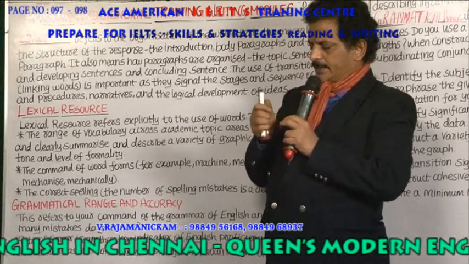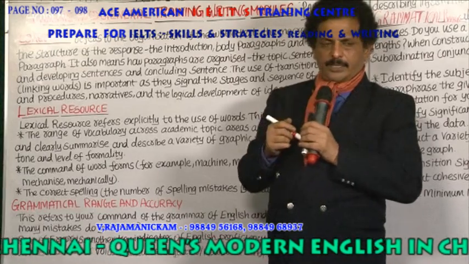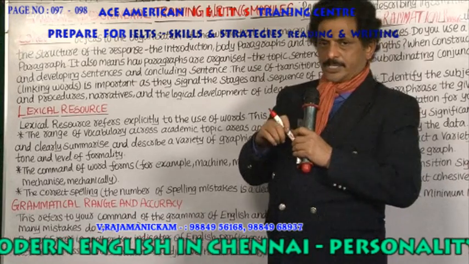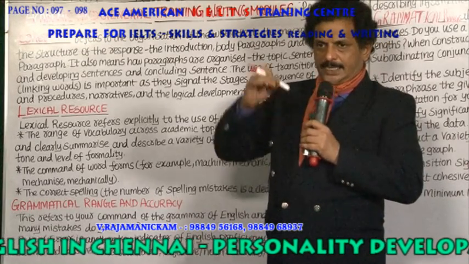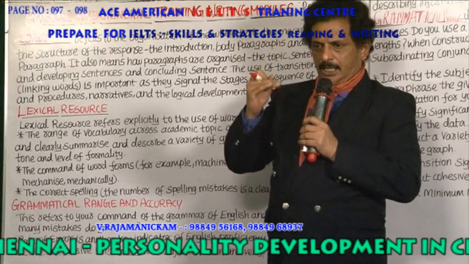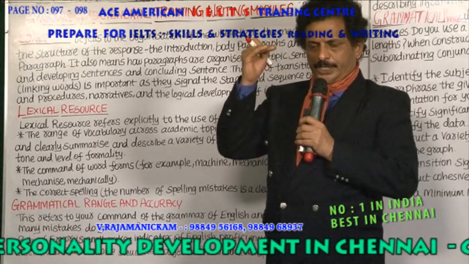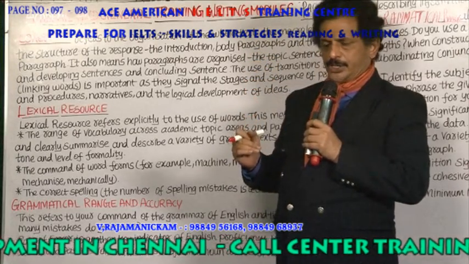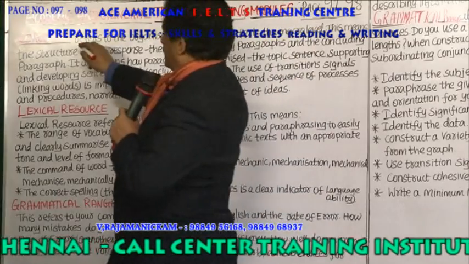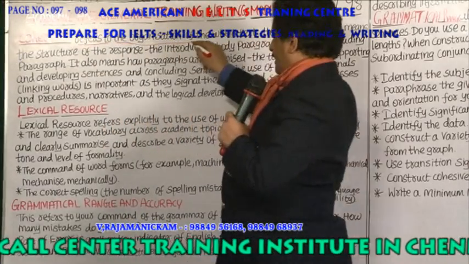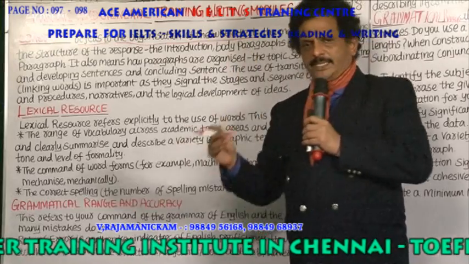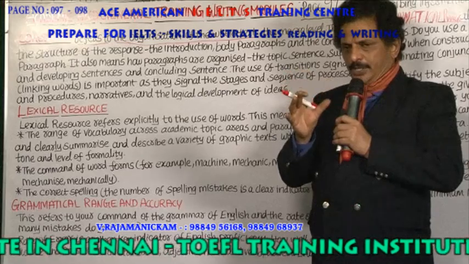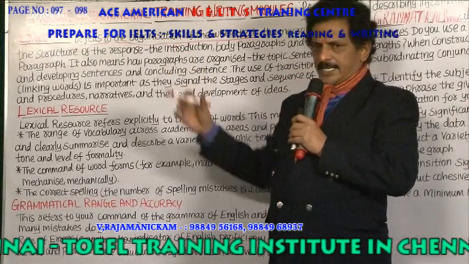What's given here? Coherence. What do you mean by coherence? You have to understand the meaning of coherence. Coherence means arranging the ideas in a logical way, with introduction, main idea and supporting ideas, and coming here to the conclusion. See here, coherence refers to the organization of the whole text. What do you mean by text, sir? It is the essay. Organizing the whole essay. How do you organize? It is called coherence.